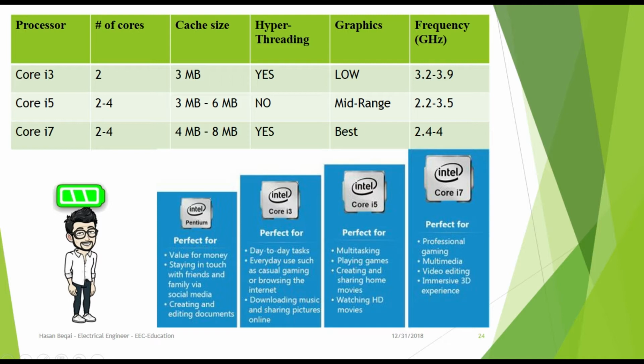for example a 3.2 GHz frequency indicates that the CPU is able to execute 3.2 times 10 to the power 9 instructions in 1 second. Also, the term core helps the user to choose a computer. So if he or she wants to play games on the computer, they will need a Core i7 computer.